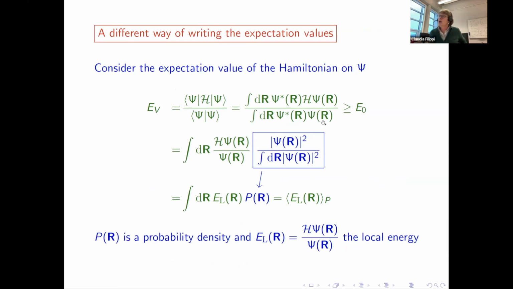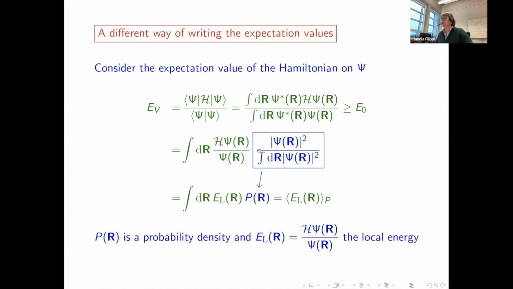Then what you try to do is to rewrite it in terms of a probability density. So what we do is we multiply and divide by psi. We end up with H psi over psi, and we have psi squared up here. And we bring the denominator, the object downstairs, inside the blue box. So this quantity is our P of R, where R are the electronic coordinates. P of R is greater than or equal to 0, and integrates to 1, and therefore I can interpret it as a probability density if I'm able to sample it.